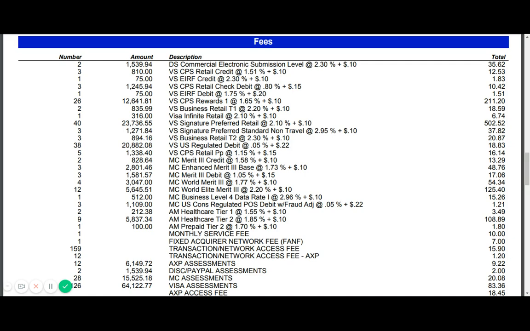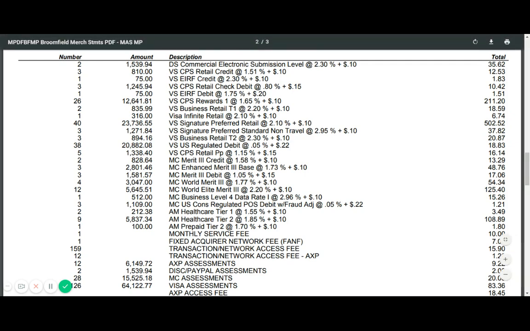Now, let's take a look at the first line item. Okay, we've got DS, which is Discover, commercial electronic submission level at 2.3% and 10 cents. Now it's important to look at the columns just to the left. You'll see that there were 2 transactions that were accepted in this month that were that specific type of Discover card. And those 2 transactions totaled